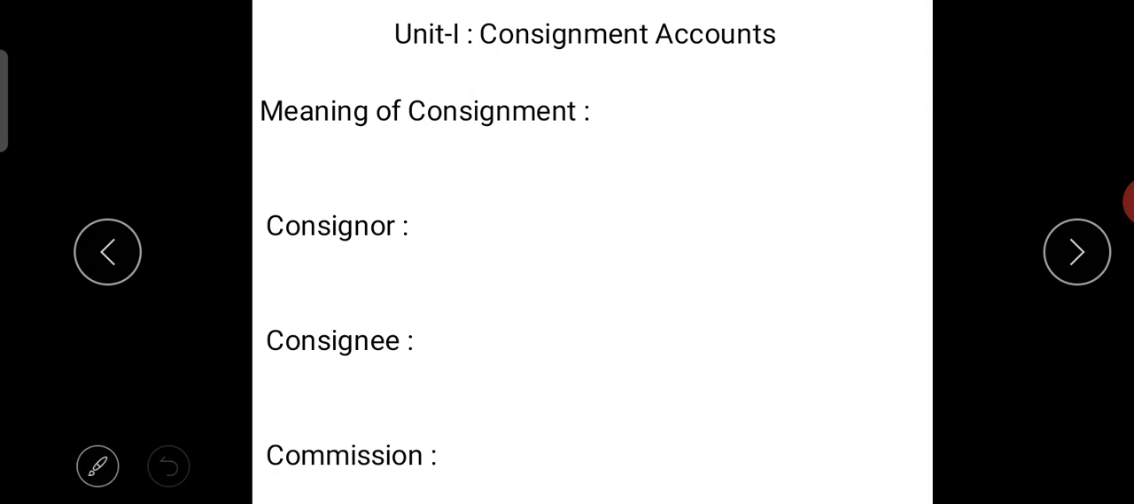So consignment means, in this consignment trade, we have to know the meaning of two persons, that is consignor and consignee. Consignor is a person who sends the goods to be sold on commission basis on behalf of and at the risk of the sender of the goods. So the person who sends the goods is consignor. The person who sends the goods on consignment basis is called consignor, and the goods so sent